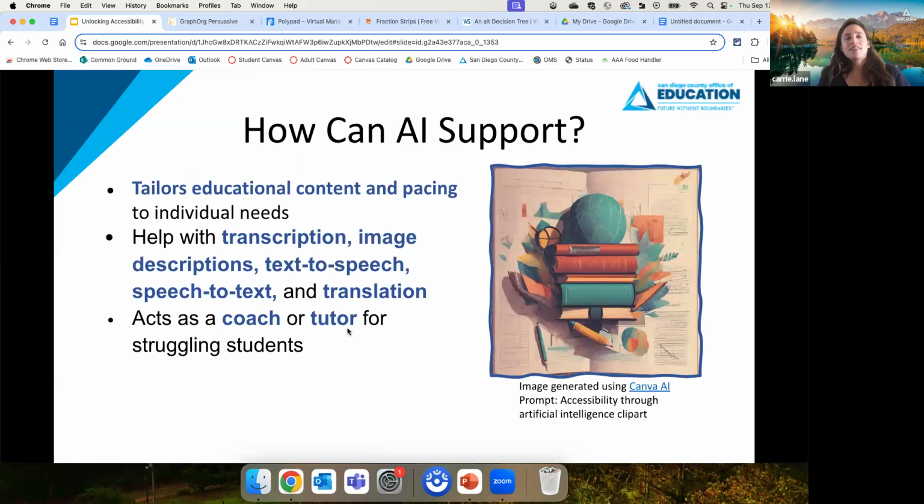So AI has a lot of power to support in the classroom. There are definitely some things to consider with AI, and we have a whole session on it. But some of the ways that AI can be useful are because it tailors educational content and pacing to individual needs. So if you have one text and you want to make it applicable for all of your different students, you can have multiple texts generated in seconds. It can do all sorts of transcriptions, alternative text, captions, translations, and it can serve as a coach or a